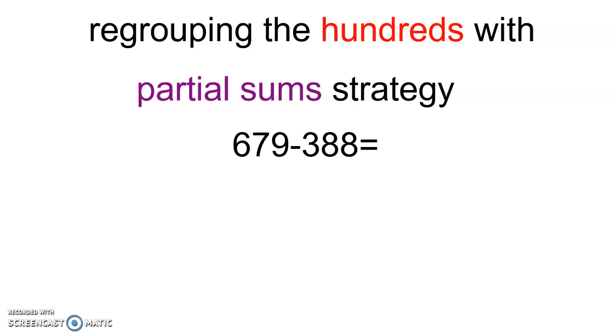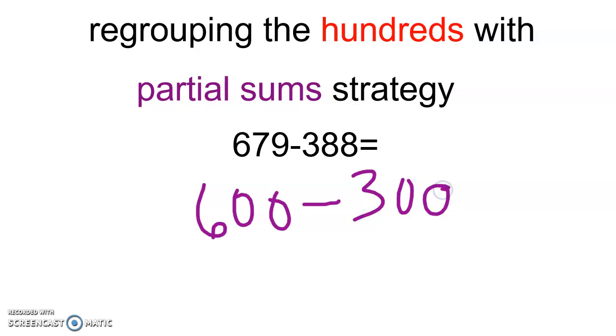Well, when I use partial sums, I'm going to show what each digit is worth. So I'm going to actually write on my board. So I would write 600, because the 6 in the hundreds place in 679 is worth 6 hundreds, minus 300 from 388. Then underneath the hundreds place that I just showed you, I'm going to write the tens places, just like they look. The students want to switch it, but they cannot switch it. It has to stay where it is. So I'm going to write 70